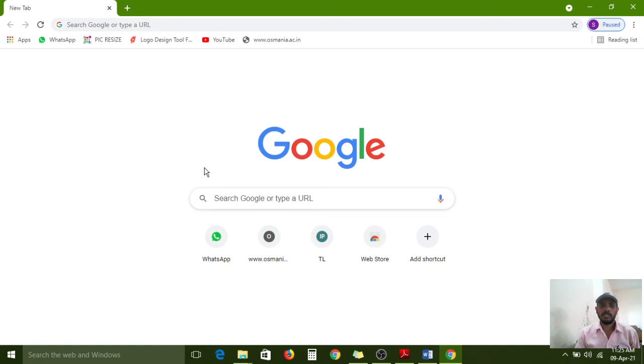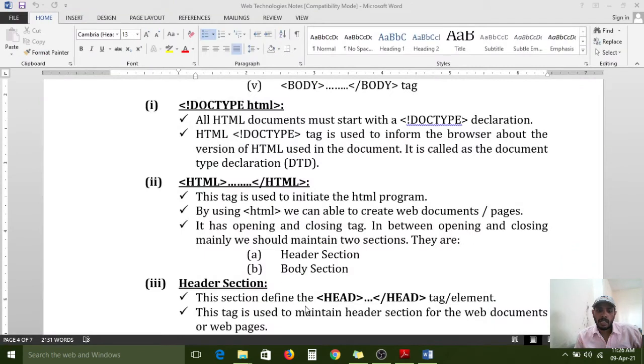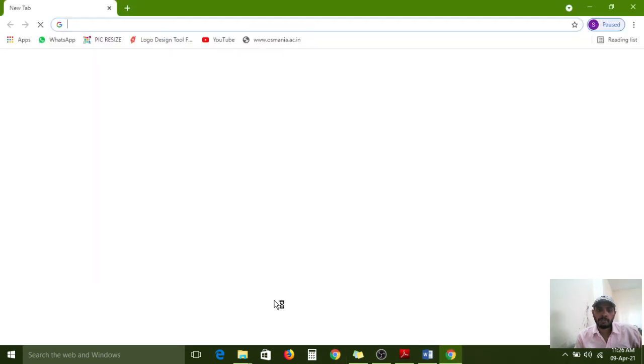Previously I showed this bookmark, now I am clicking on it. Now that the internet connection is available to my laptop, the bookmark works properly, and the website has opened. So that is the use of a bookmark. Leave this one. Again I am opening the Chrome browser.